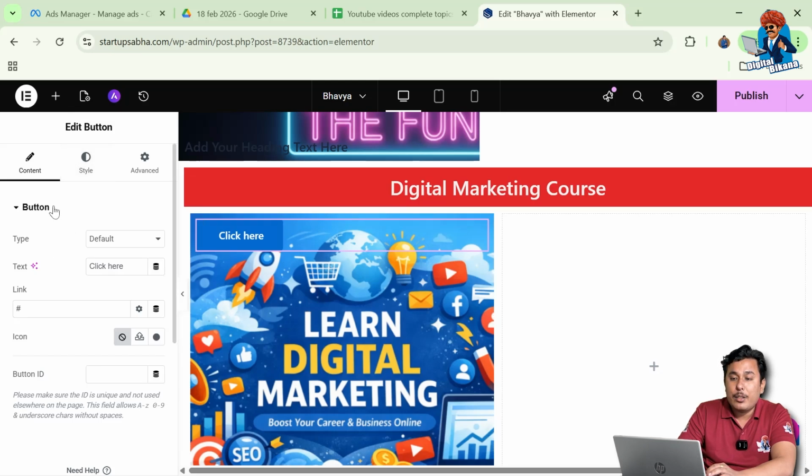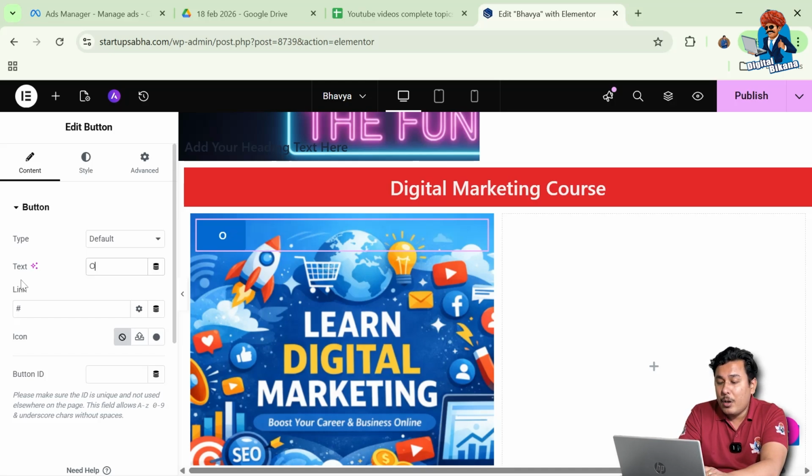And in the left side toolbar, there are three kinds of settings available: content settings, style setting, and advanced setting. So in the content setting, you can simply change the text of this button from click here to order now,